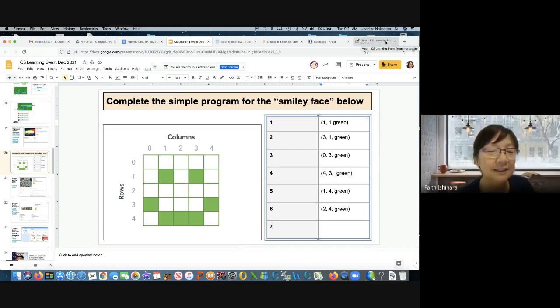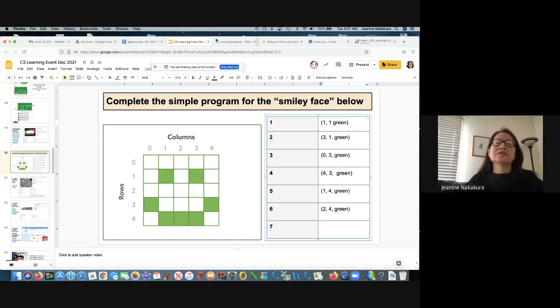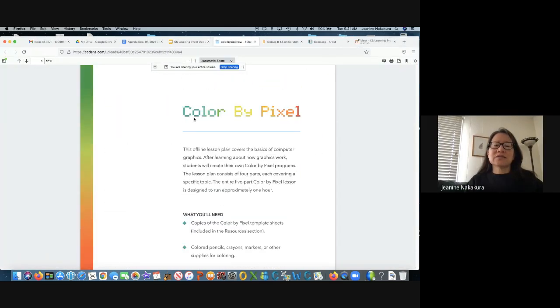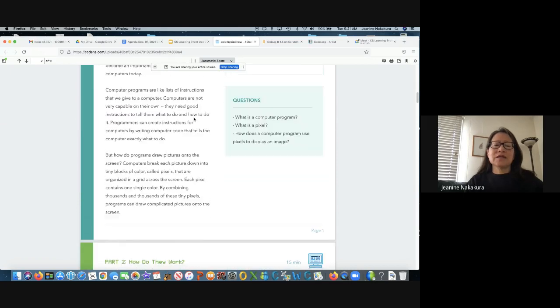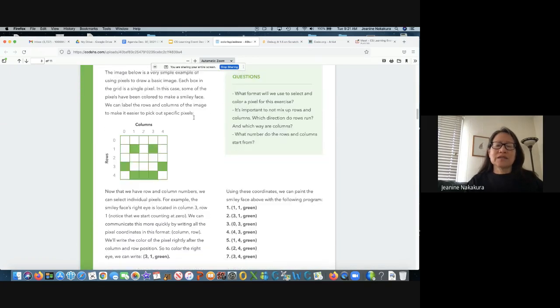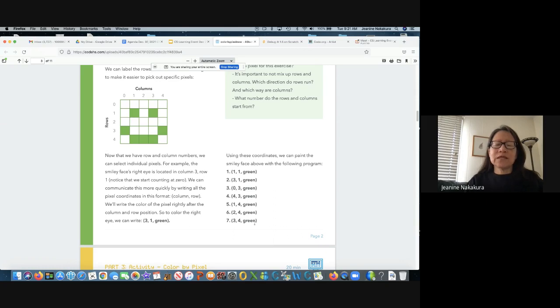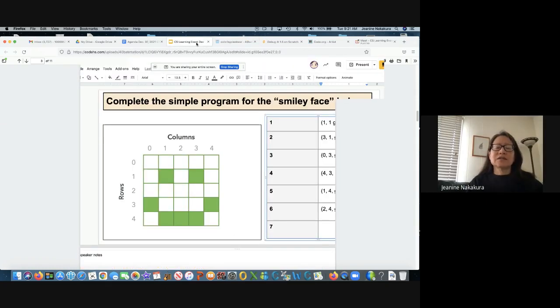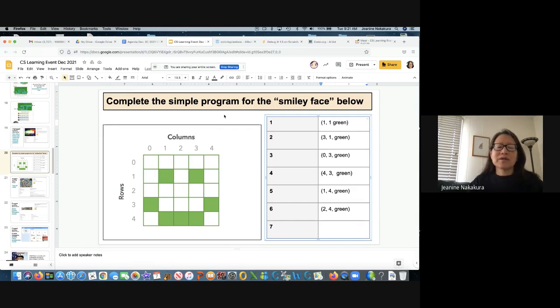Yeah, so Alyssa has 3, 4 green. Okay, let's see if she's on the right track. Again, like I said, the directions and the answers are here in the lesson. So did she say 3, 4 green? Yes. Okay, well, that is the correct answer. So now she can move on to the more complex drawing, and then